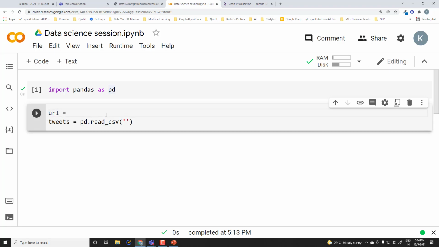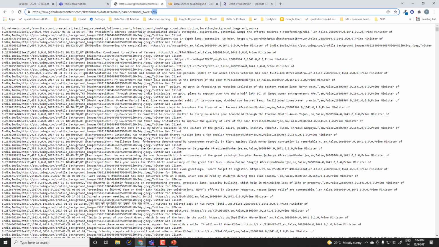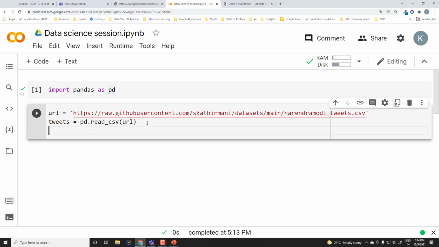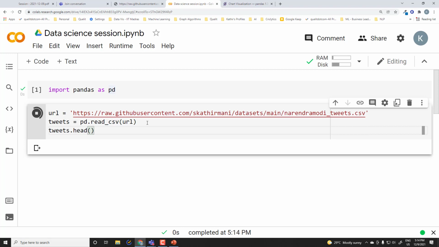This URL has the data set, and I'm going to read it directly from the URL, so you don't have to download it locally and then read it from your local machine. Since it's an online Jupyter notebook, you can just directly read it from any URL, and you just have to pass it as a variable here. Let's first look at this data set, understand it a little bit, and see what we are going to do with it.